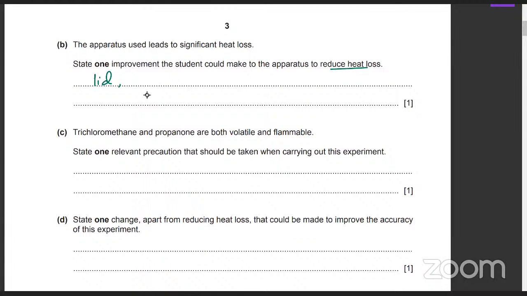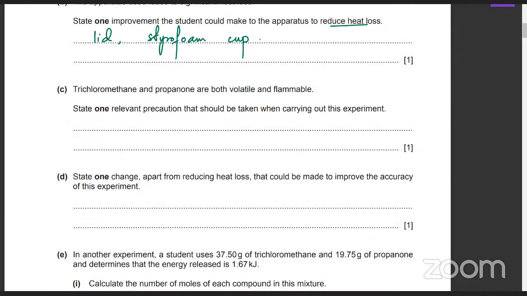The glass beaker itself is a very horrible piece of apparatus. You use a styrofoam cup. So you always use a styrofoam cup. Insulate the beaker is fine. There's nothing wrong with it, but it's much better to actually use a styrofoam cup. You always do heating experiments in styrofoam cups.